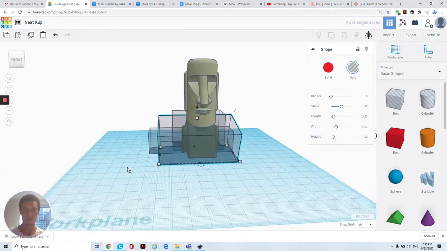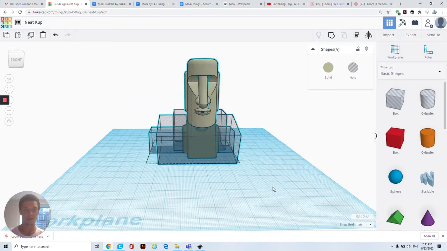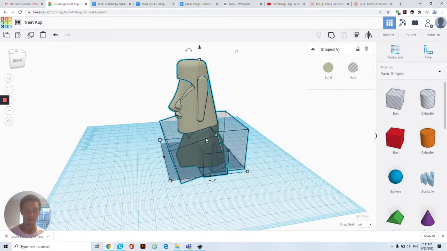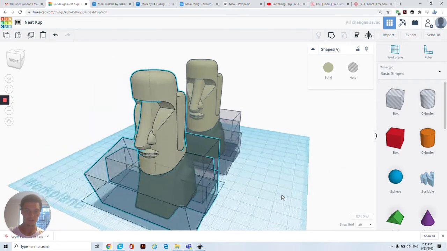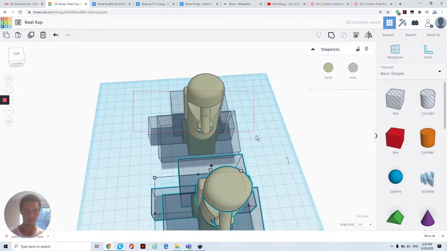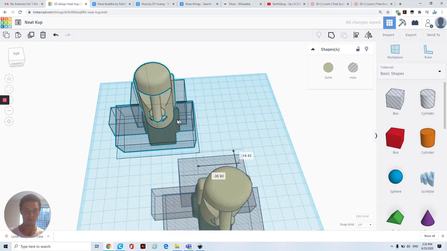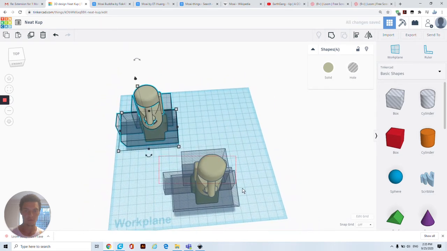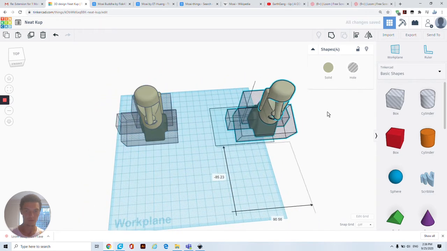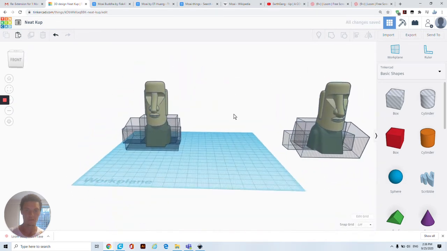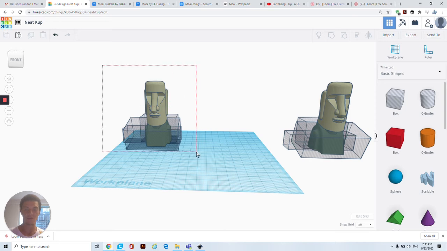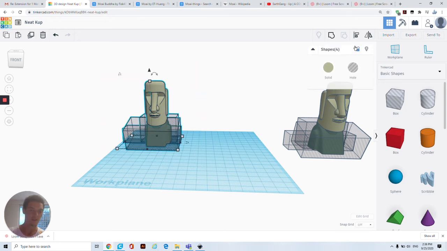As I said before, drag your left click mouse, press Alt, and duplicate. I'm going to move them so it's a little bit easier to work with them in separate locations. Let's put this one a little bit off grid and focus on this one. So now I select my first duplicate and I'm going to say